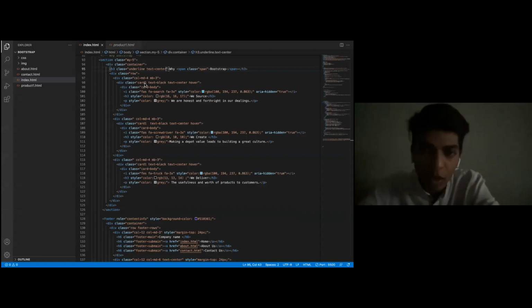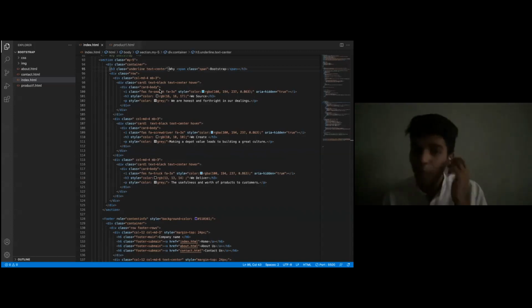Then the class of card body. Here you can see the card body also provides you with proper padding and margin. Everything in Bootstrap provides you with basically two major things, margin and padding. If we want our website to actually look right, you use margin and padding provided by the container, that gives us things in the center and gives out the secondary borders, padding and margin by row, column, card body and cards.